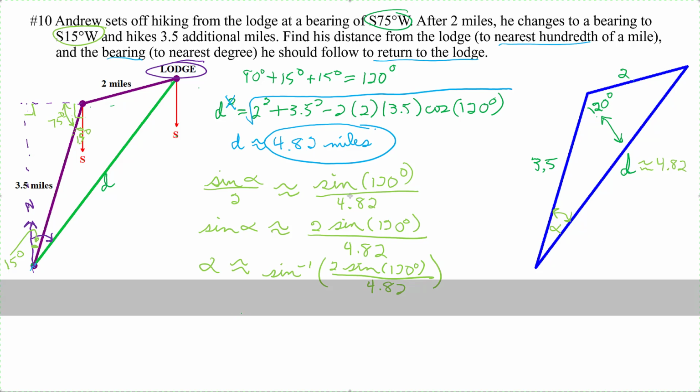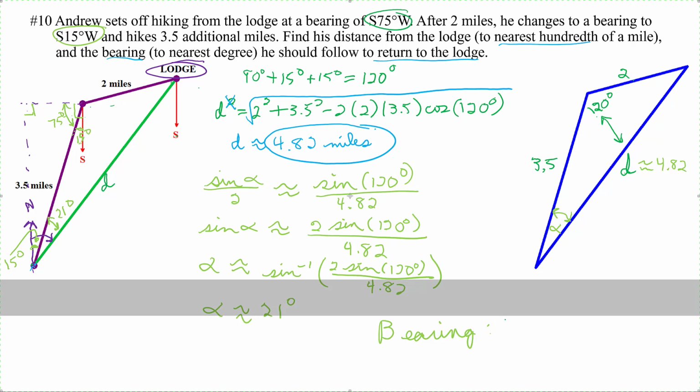Okay, so we'll plug that in a calculator and we get alpha is approximately equal to, let's see what I got. I got 21 degrees. So hopefully if you try that, you get the same thing. So alpha is about 21 degrees here. That means we have 15 degrees and we have another 21 degrees. So our bearing is going to be,